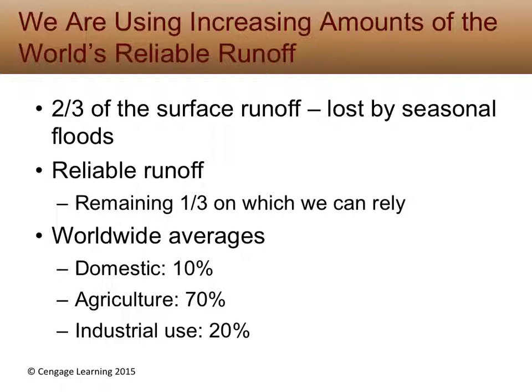So year after year, that mountain runoff from snow melting is something that's reliable for the states out west. The reality, though, is what do we use it for? Agriculture is the biggie. About 70% of that reliable runoff goes to agriculture, so growing our food. That is a huge amount. The next is industrial use: cooling machines, processing, cleaning. Domestic, that's us. Only about 10% of our reliable water goes to us.